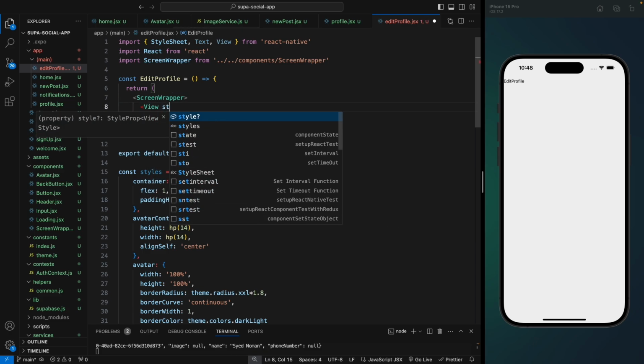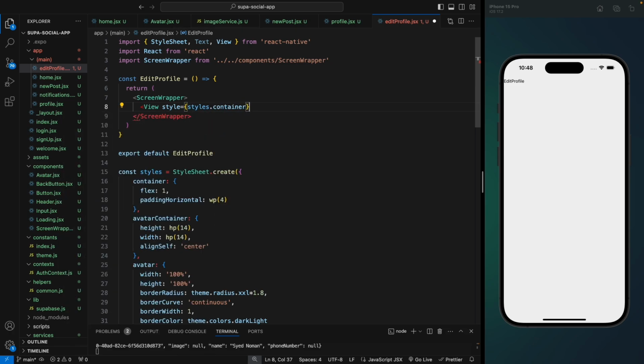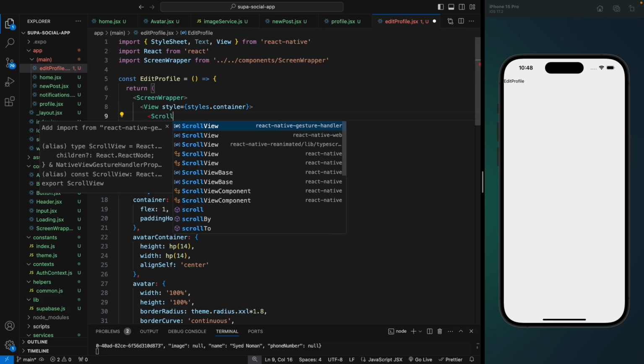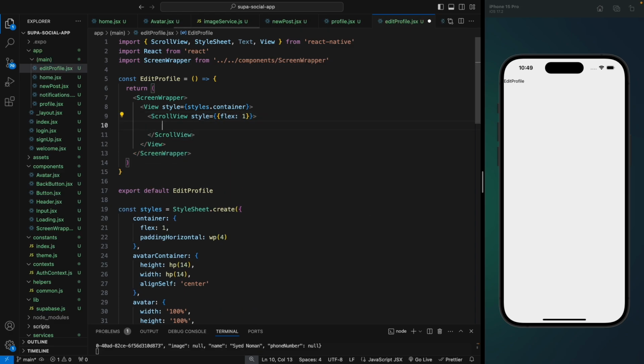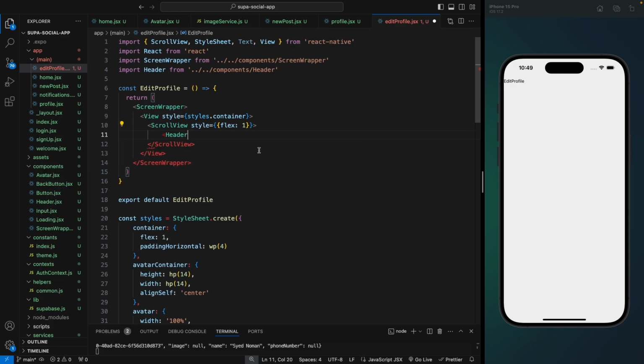So let's create a view and give this a style of container. And inside this we're gonna have a scroll view. So let's give this a style of flex one. And here we can just import our header component for our edit profile screen. And we're gonna give this a title of edit profile, like this. And if I close this and save this,